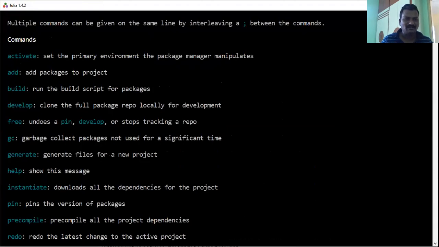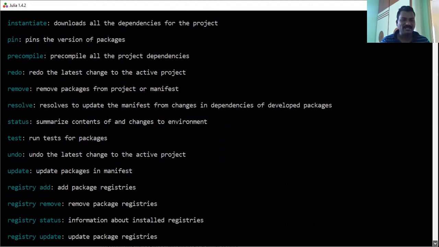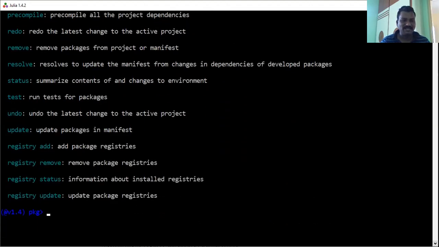The add command adds different packages to the project. The build command runs the build script for the package. Then develop, free, and other commands to add or remove a package or update the package in a manifest. It produces the package related information.